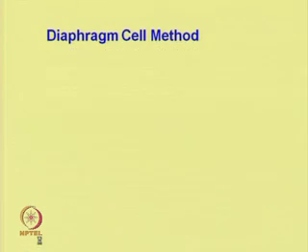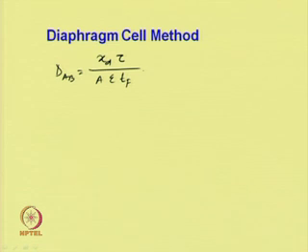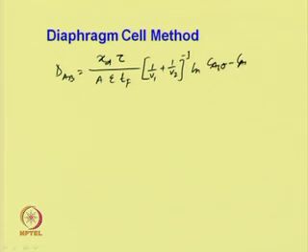Using these conditions, we can integrate the flux equations and it will give DAB equal to x tau by A epsilon Tf, into 1 by V1 plus 1 by V2 inverse, ln of CA1 0 minus CA2 0 divided by CA1f minus CA2f,